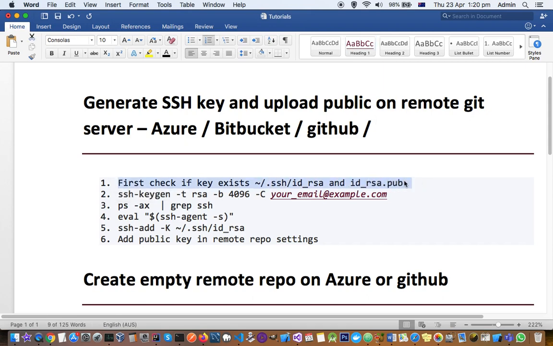First of all, you need to check if the key already exists on your machine or not. If you go to your home directory, there you will find this .ssh directory, and if it contains these files id_rsa and id_rsa.pub, that means you have already created the key in the past and you don't need to create a new fresh key again. You can use the same key to communicate through the SSH protocol,